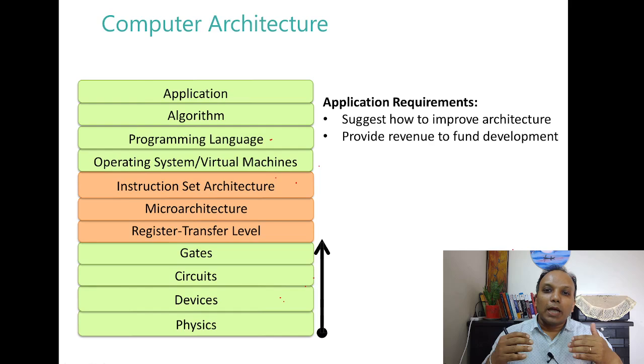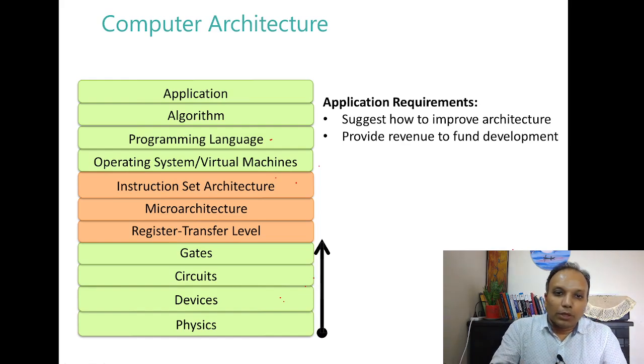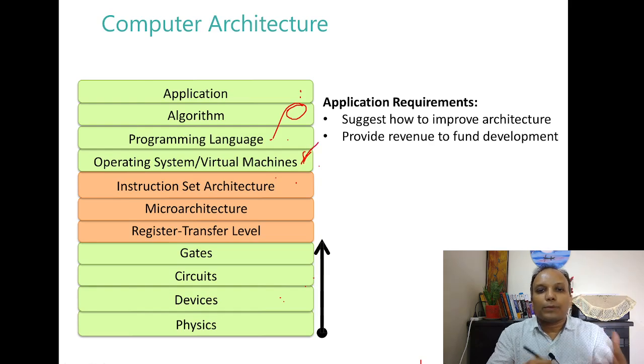So here the application requirement is driving the innovation. The application requires that we get very fast computers which can support maybe exascale performance. Now to achieve that, innovations are happening at different levels. People are coming up with better algorithms, better ways of programming, parallel programming and so on. The OS is looking at what kind of optimization they can do,